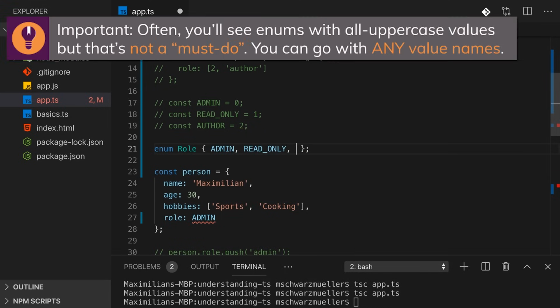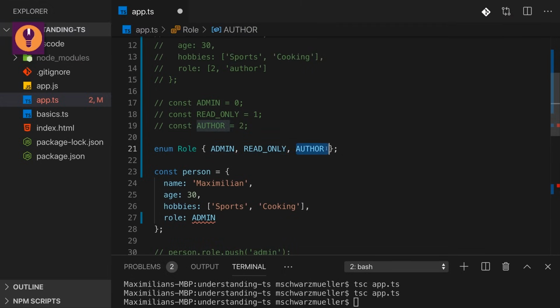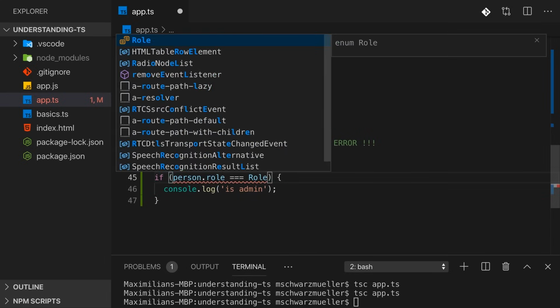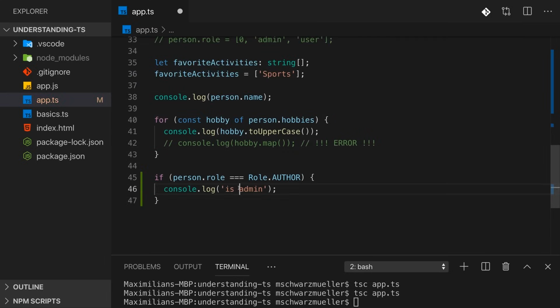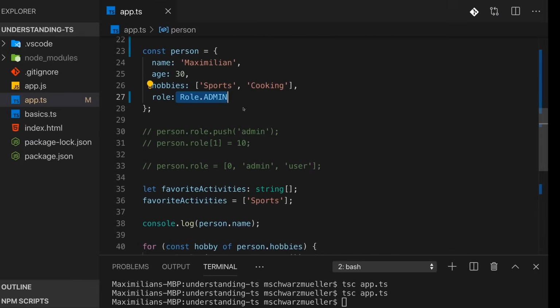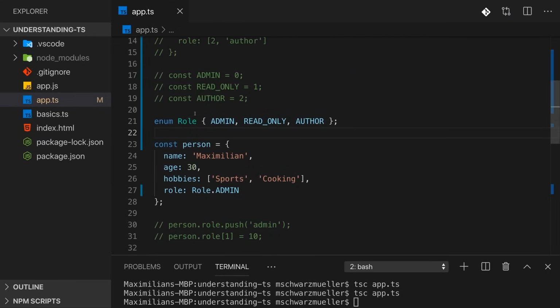read-only, and author. And behind the scenes, this here receives the number 0, this here number 1, this here number 2. And then here you can access Role.ADMIN, like on an object you access your identifier, and you can use that anywhere else in your code as well. Here we can check if the role is author, and then print author. And of course we shouldn't see that if I run that now because we assigned a role of admin here. But the key takeaway is that we did all of that with the help of the enum, which assigns labels